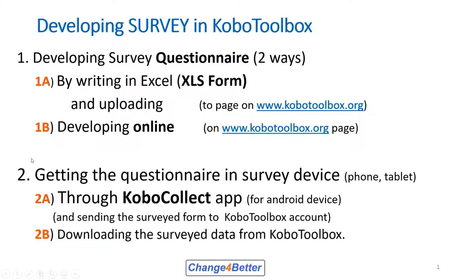There are two parts of it, and I'll be covering 4 topics. First is writing the questionnaire in Excel for uploading it to KoboToolbox. That is one of the ways of developing a questionnaire in KoboToolbox. And the second option is going to the Kobo page itself and writing or developing it online. Okay,